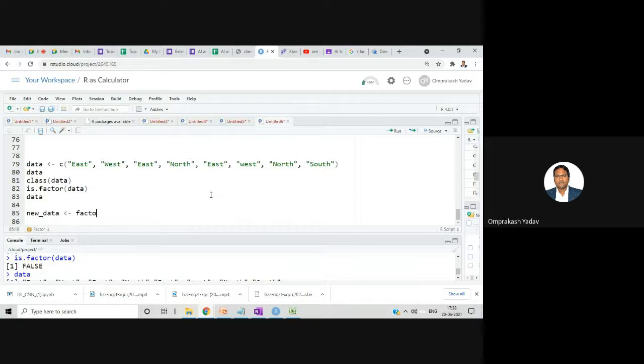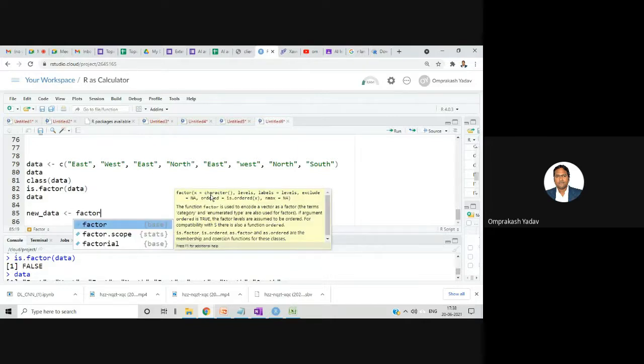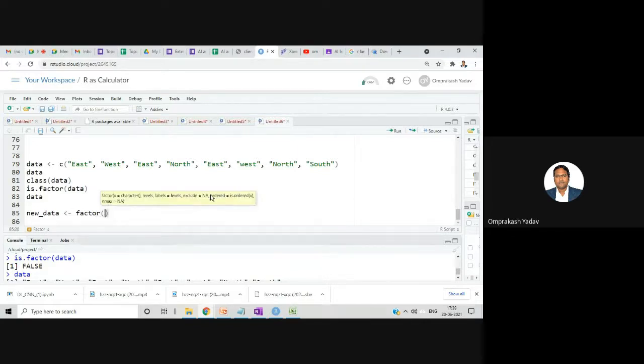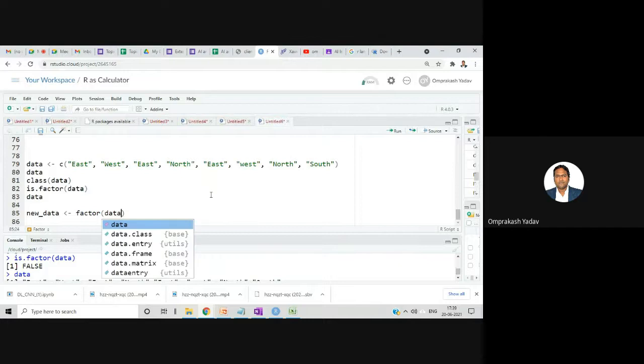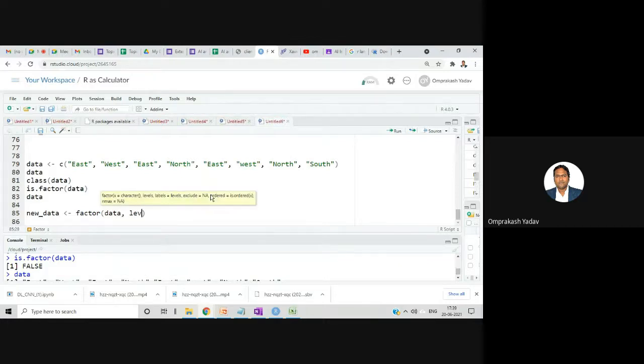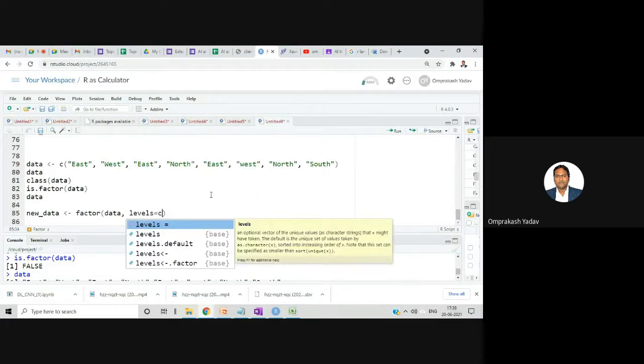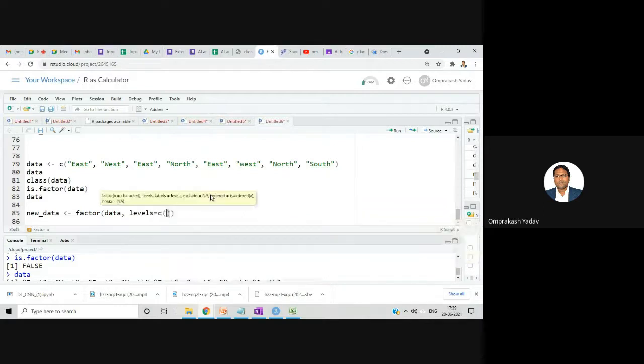Factor, and you can mention the name of the data. Then you can say levels equal to c, and specify the different levels.